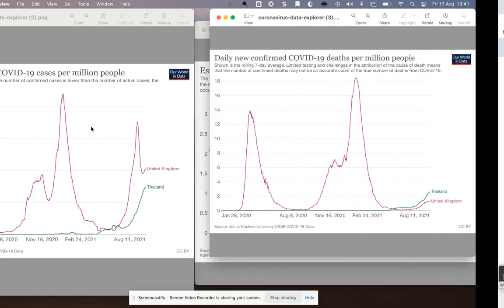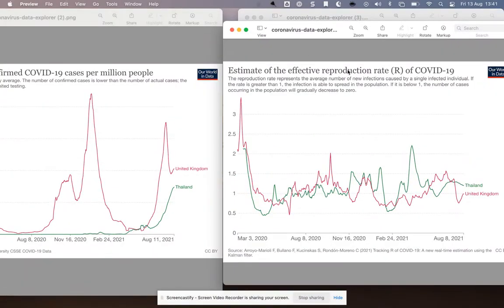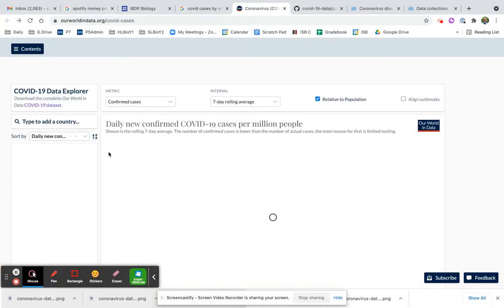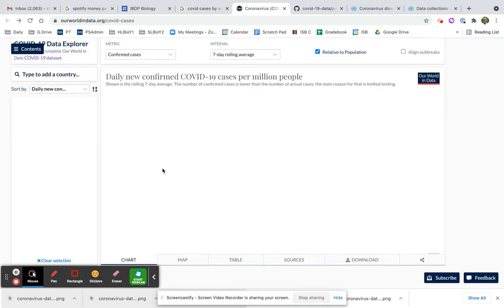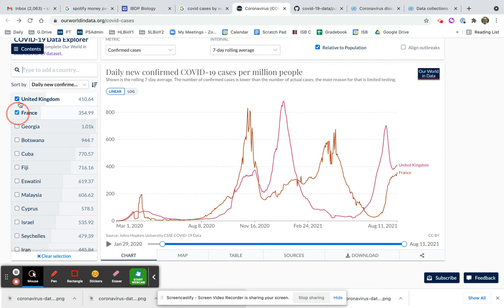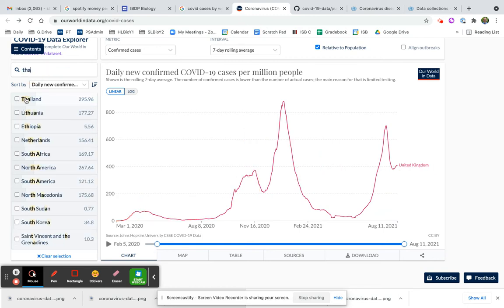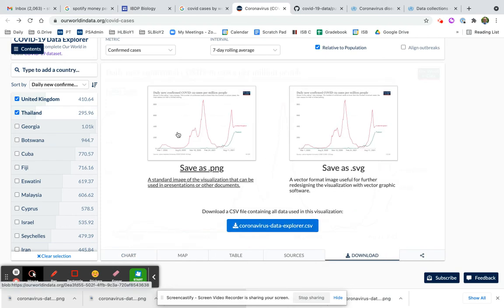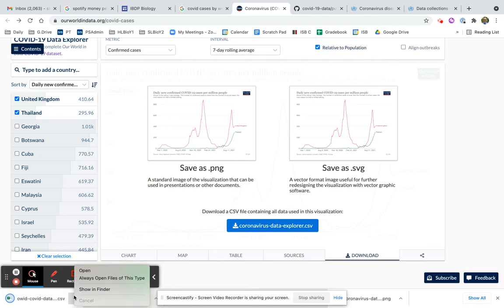Let's say I wanted to really look at the reproduction rate R with the confirmed cases to see if there is a relationship there. So I let this load, and I'll take away these. I'll leave the United Kingdom. I'll do Thailand, and down. Now, I can't use those graphs. I don't necessarily want to use all that data. Maybe I just want to focus on these 2 peaks. So what I can do is download all this data into an Excel file,